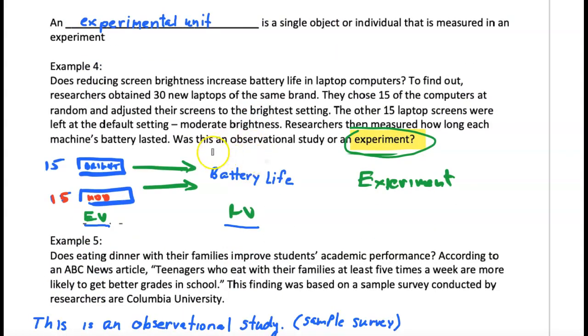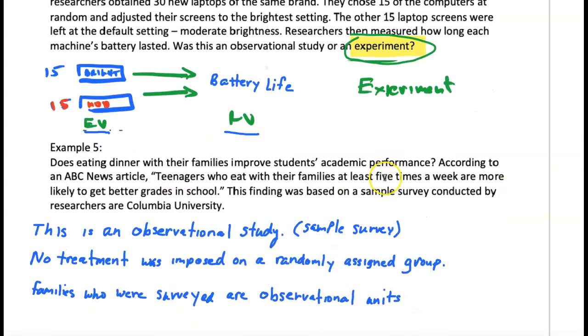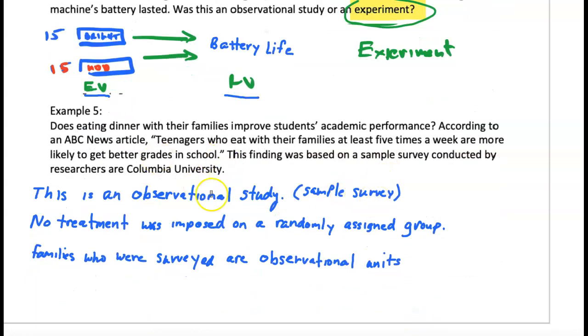We see an example here of trying to come up with, given a situation, determining this is an experiment because there's random assignment: you have 15 computers, and at random their brightness settings were changed, and then we measured their battery life. How long did they last, to see if there was a difference in this explanatory-response variable relationship. This would be a simple experiment